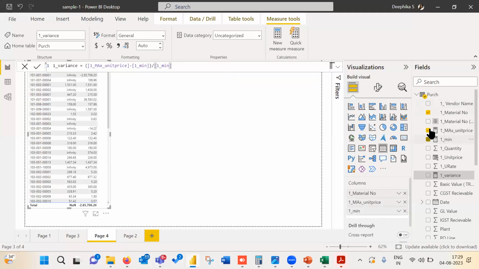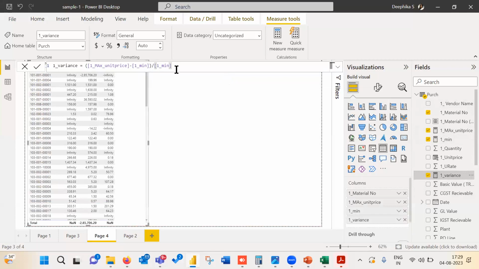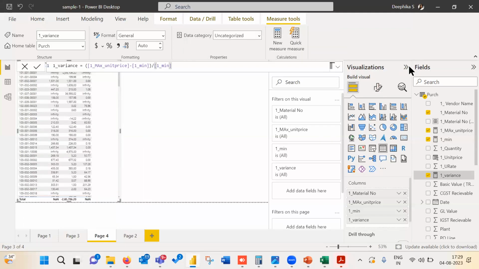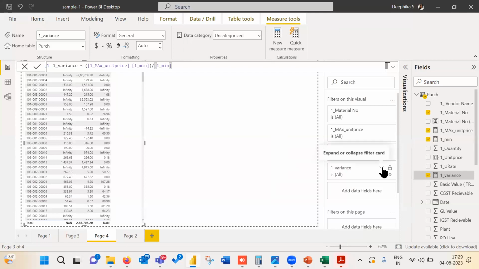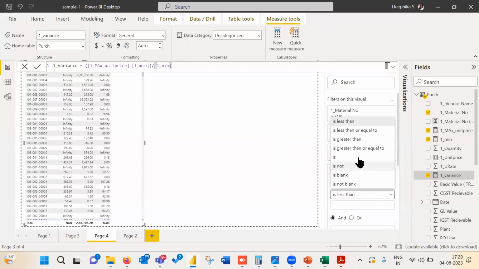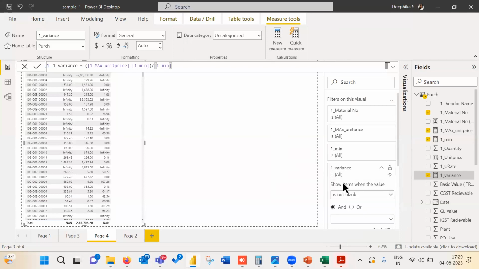Okay. So this table now I'll create with maximum, minimum, and variance. So in the filter context, now I can remove all the things which are not having blanks, which are more than this. So all that I can do in the filter tab now. So I'll put variance is not blank.